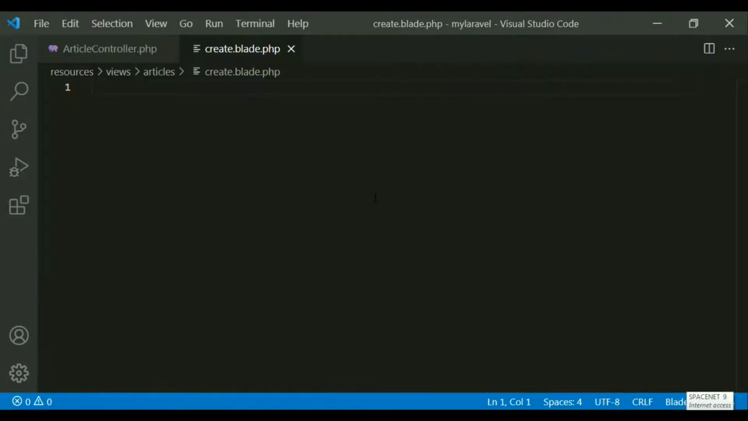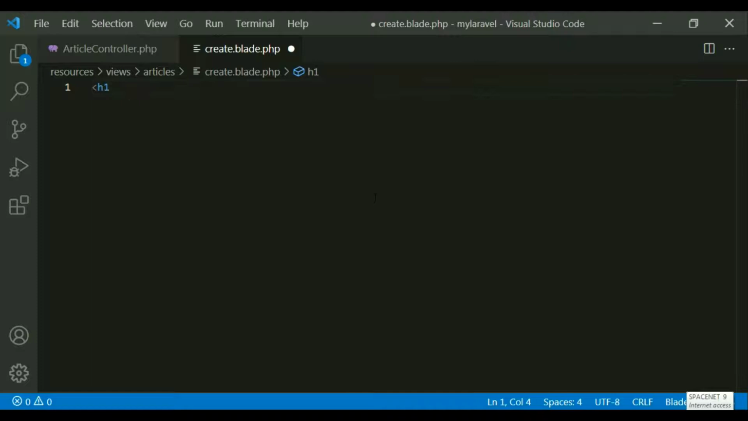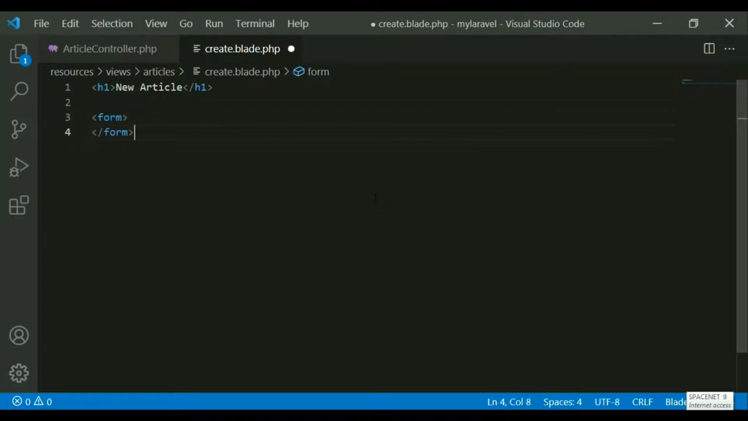In this file, create a form. So just h1, I'm just creating a heading first, article. So this is my heading, and here I have to create the form in Laravel. You just create it just like your HTML form. Some points you have to take care of when you are creating a form. So this is the form tag, this is the end of the form, and inside this form I have to